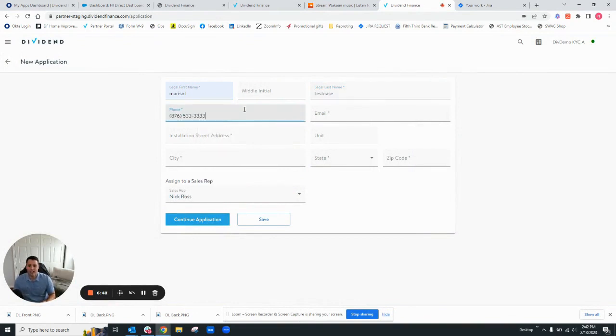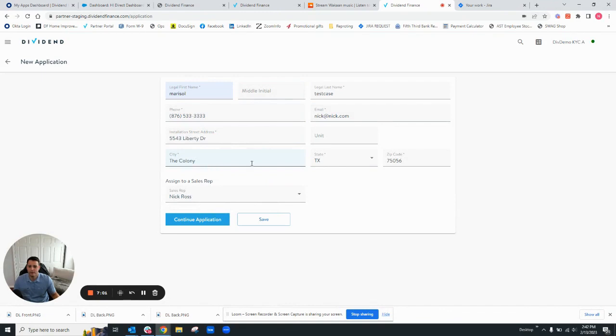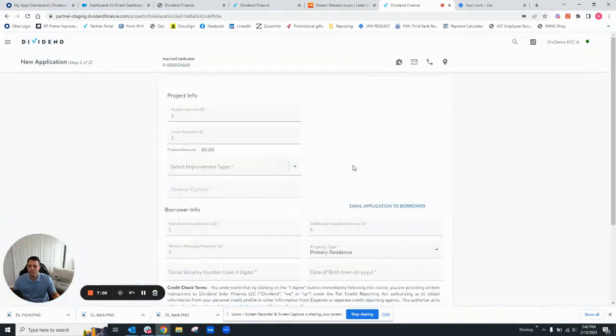The last time we just did this, everything pre-populated because we did put in the customer's ID. Since we did not do that this time, we will have to do this manually, which is no problem. We're just going to put in their address, name, phone number, email, make sure that's all correct. Continue with the application. It's going to open up page 2 of the application where we're going to put in